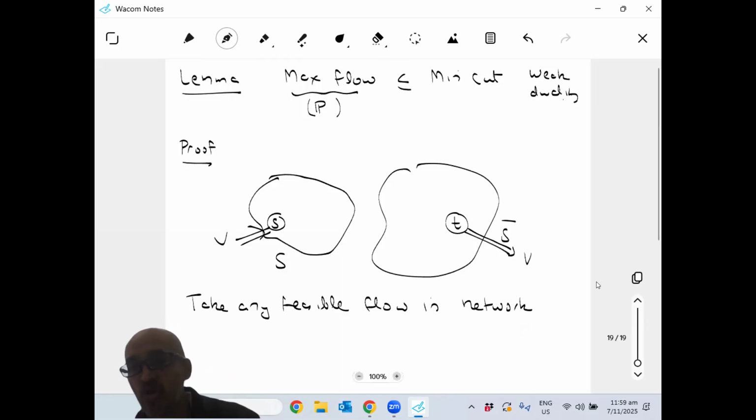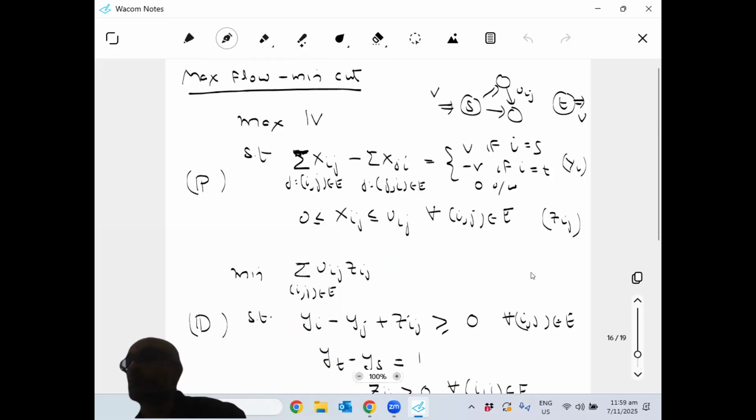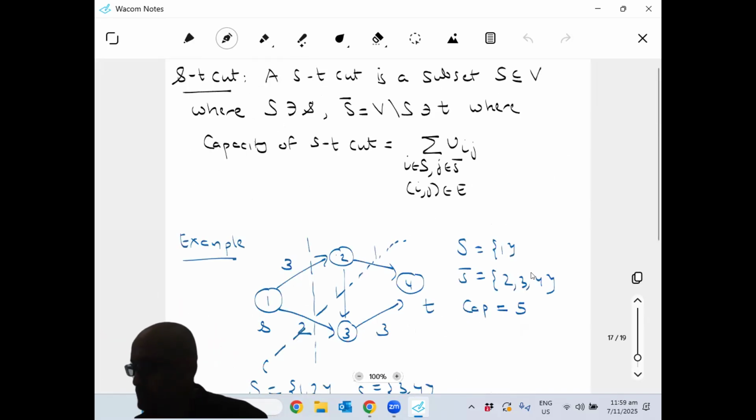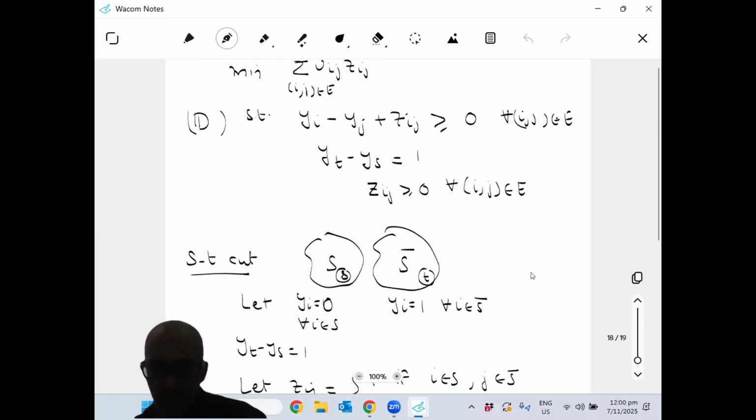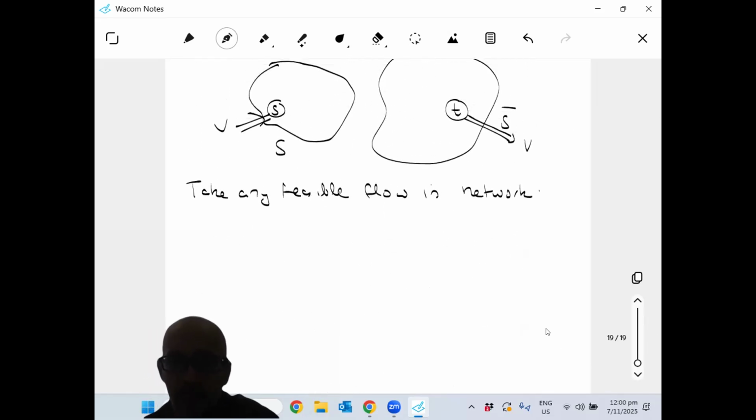So what does it mean, feasible flow? You take any feasible solution to the primal. So take any x_ij which satisfy these constraints. I will add up the flow conservation for every node which is in the set S, basically. Sum up the flow conservation constraints